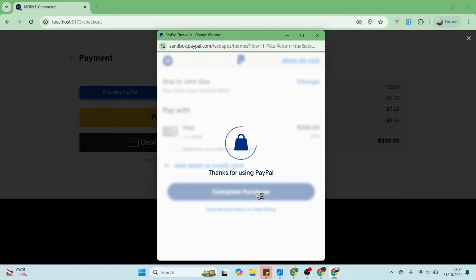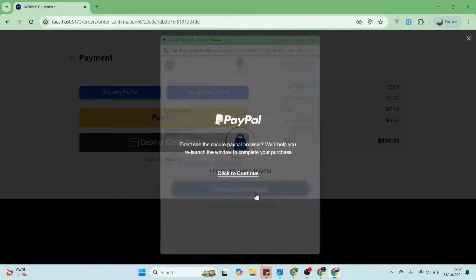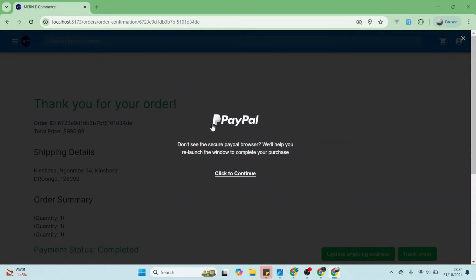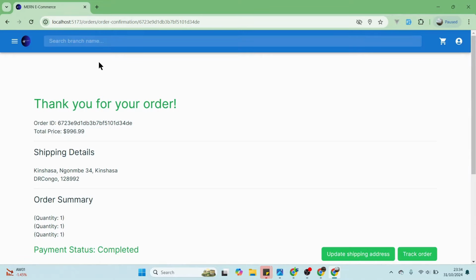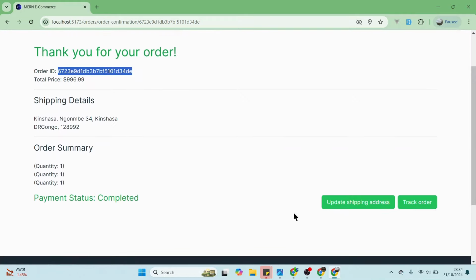Once paid this amount, it will redirect me to the confirmation order. You can see up here, thank you for your order. So the order was confirmed, so I can copy this code, this order ID, and then you see the amount was paid here. So from here, you can update the shipping address, track